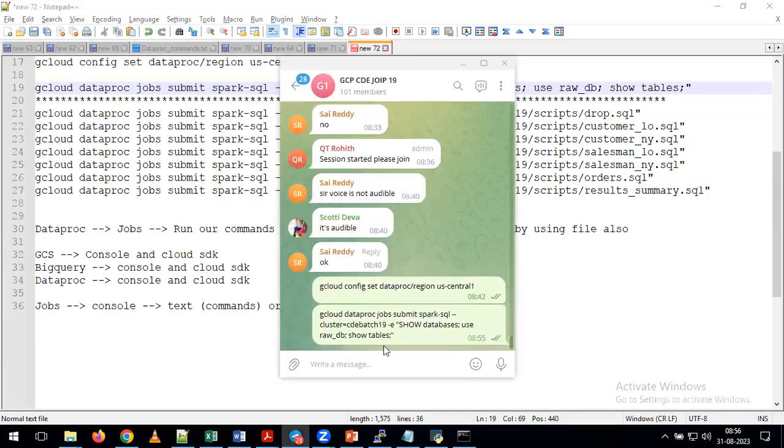It's giving me an error. What's the error? Whenever you are getting any error, try to understand what the error is. By seeing the error, you can understand what mistake you are making. Can you please read it once? Jobs.submit.spark.SQL not found. Not from cloud projects,